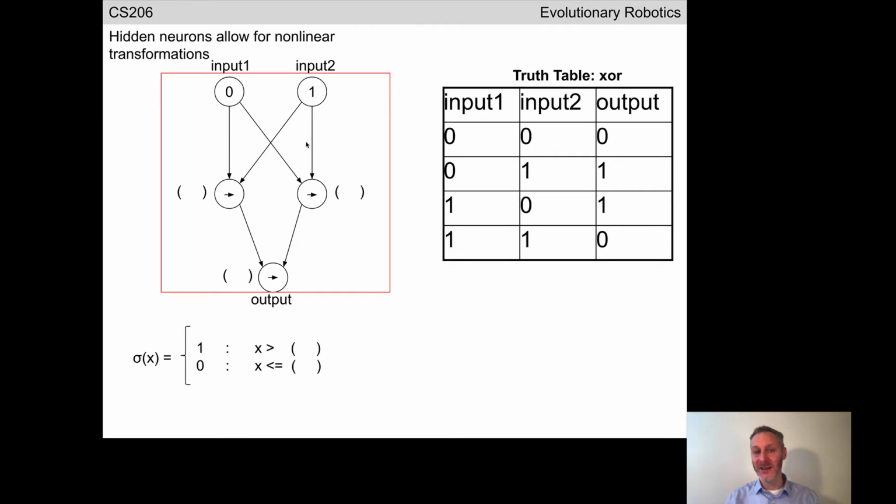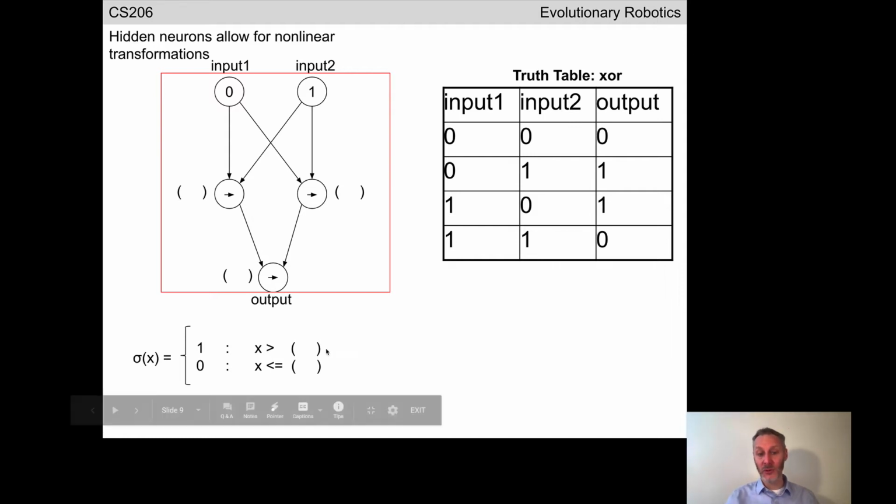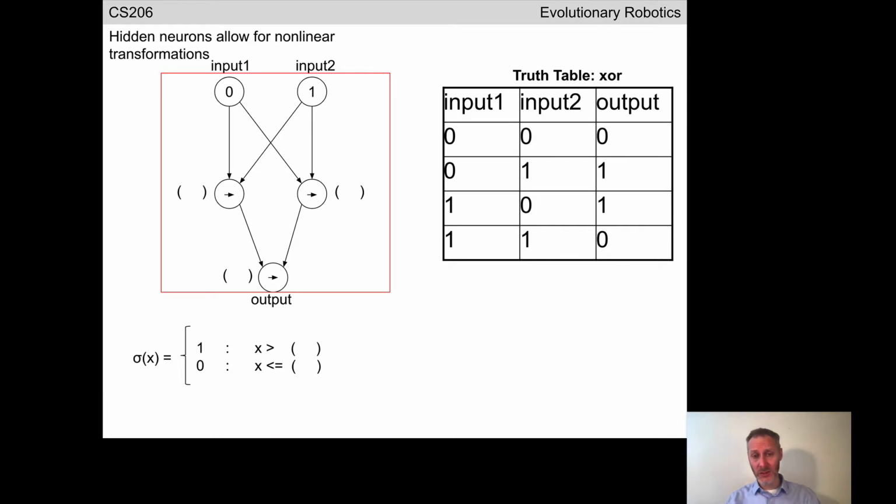these 6 weights, these 6 synapses, 1, 2, 3, 4, 5, 6. We also need to apply a threshold value for each of our 3 neurons. Different neurons in a neural network can have different activation functions or different threshold values for the same threshold activation function. It's hard to look at this and immediately decide what these 6 weights should be and these 3 threshold